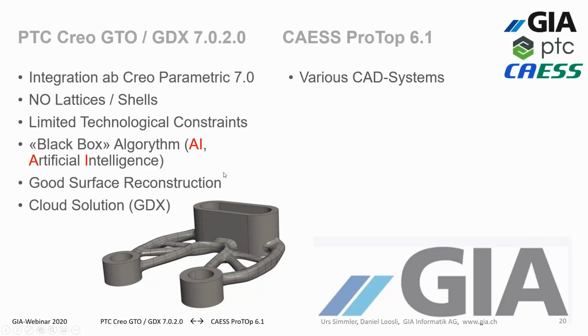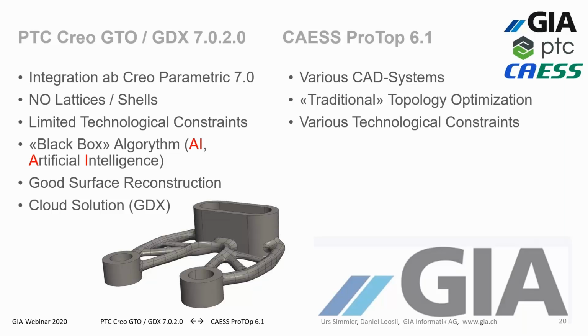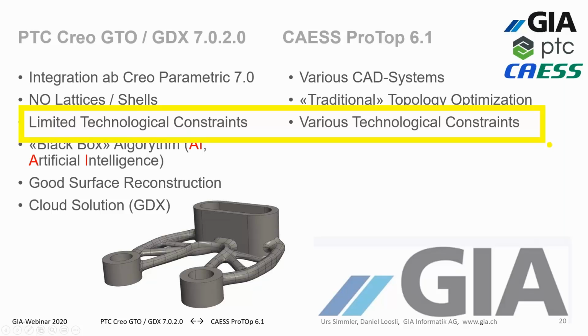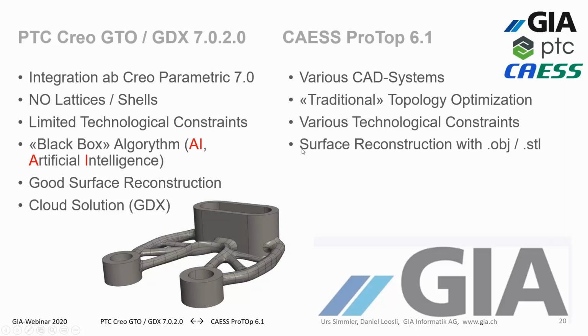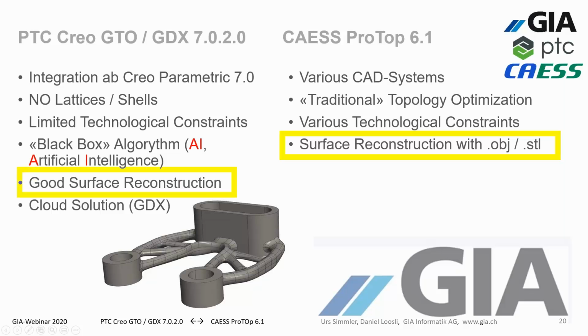Let's have a look at the CAESS. I mean, you can feed CAESS with input from different CAD systems. It's a traditional topology optimization. You can read the documents, what's the technology behind it. Right now, the CAESS solution has a little bit more technological constraints. The surface reconstruction is not, let's say, that easy as in Creo Parametric, but at the end of the day,